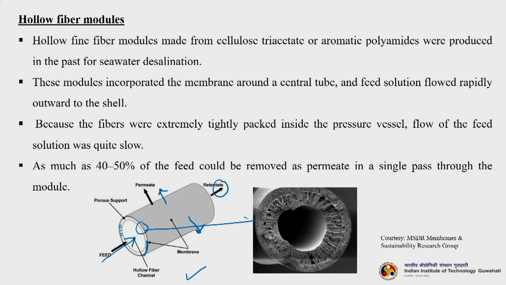You can see how beautifully this scanning electron microscope is showing us. This is your porous layer, the thickness of the porous layer, whereas this is your membrane. So, this is your usual membrane, this is your porous support. This same image is telling us very nicely how this is the cross section of a tubular membrane, and how 2 distinct layers are visible, the porous support as well as the membrane layer.